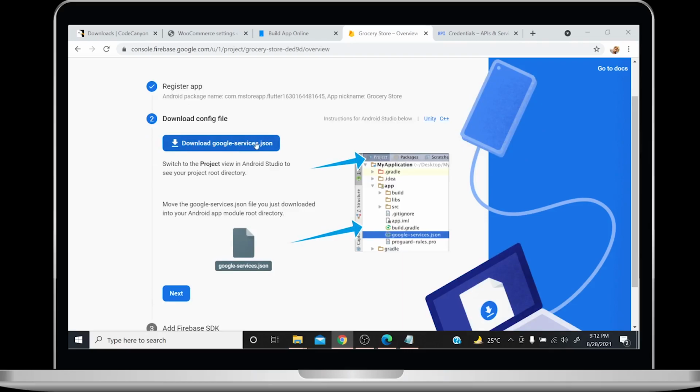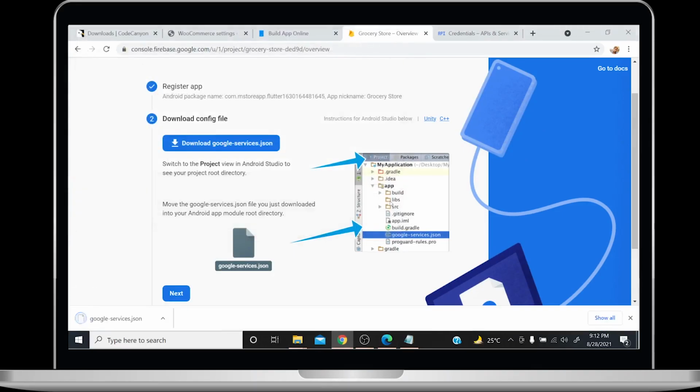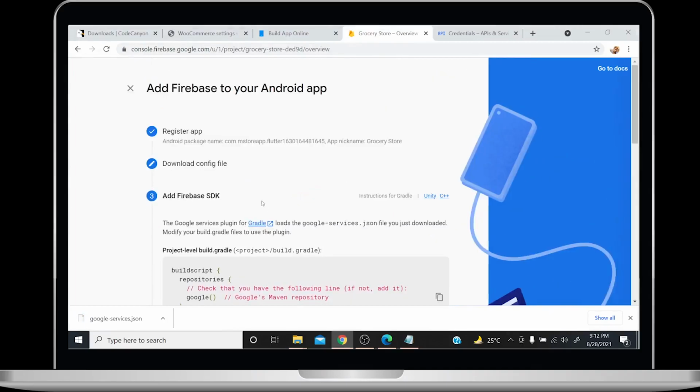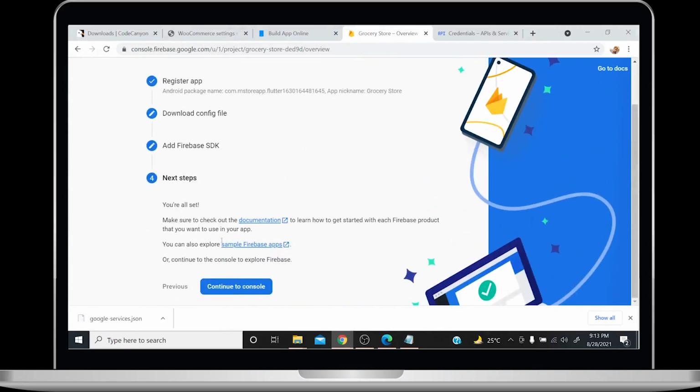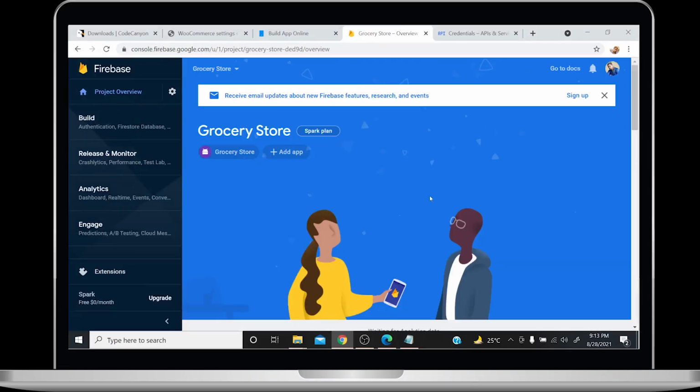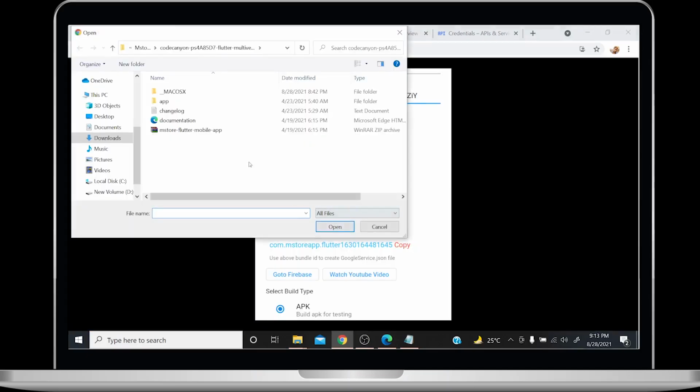And here you can download Google Service.json. Now click on Next. Scroll down, again Next. Click on Continue to Console. Now come back to mStore app page and upload the JSON file.